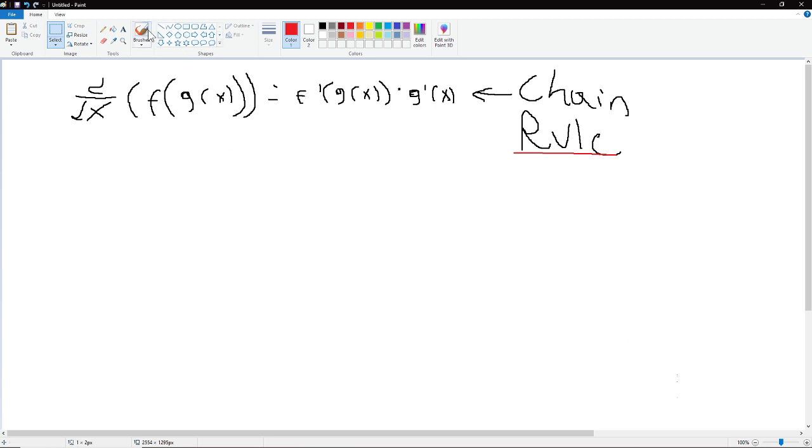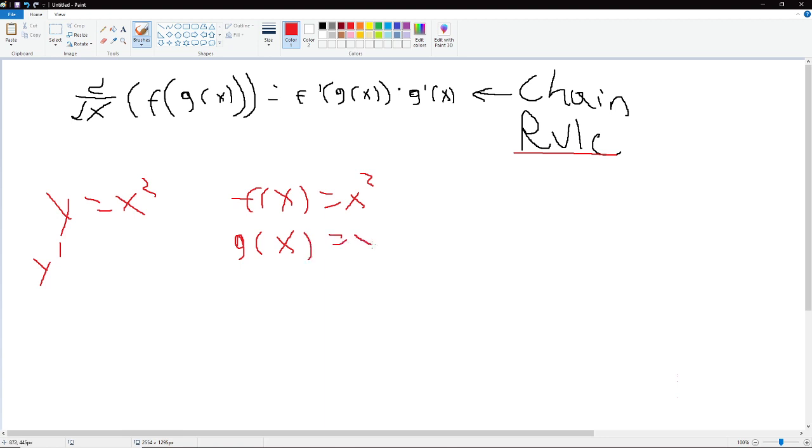And one thing I would just want to point out is that the power rule is the chain rule. Because if you look at this, say you have y equals x squared, and you want to get y prime. If we were to use our derivative rules here, say we say f of x equals x squared and g of x equals x, which is true because if you plug in x for x, it's just going to be x,